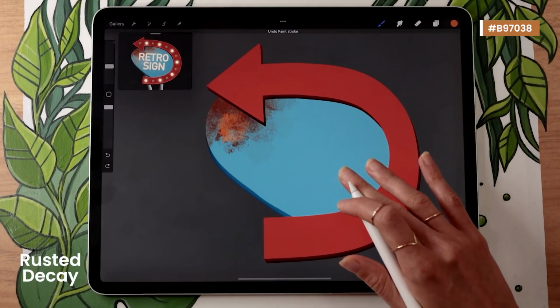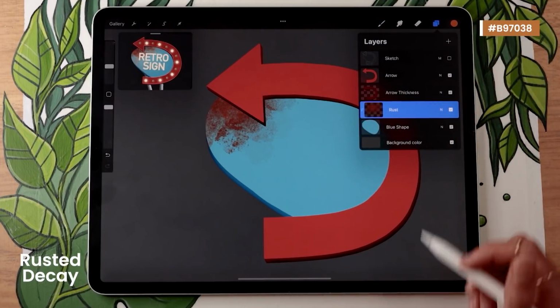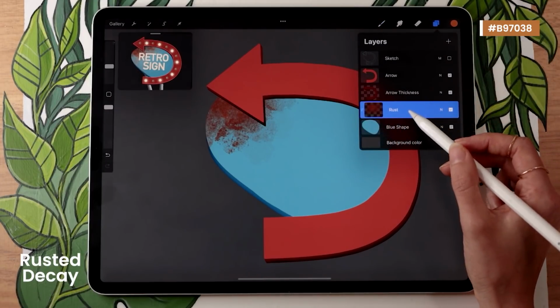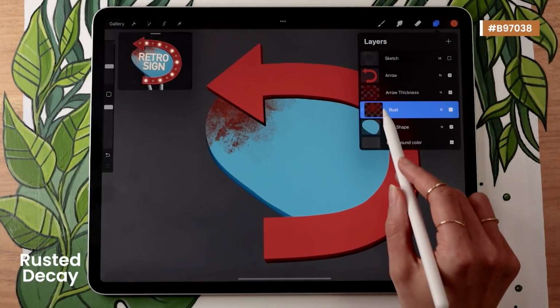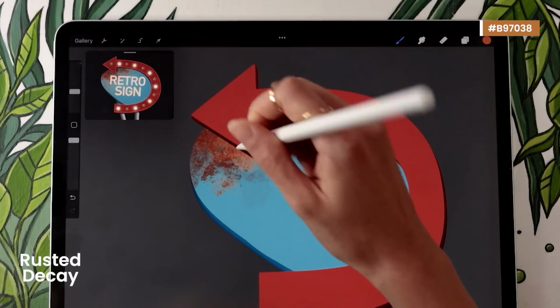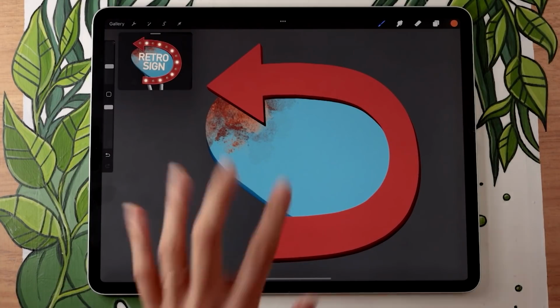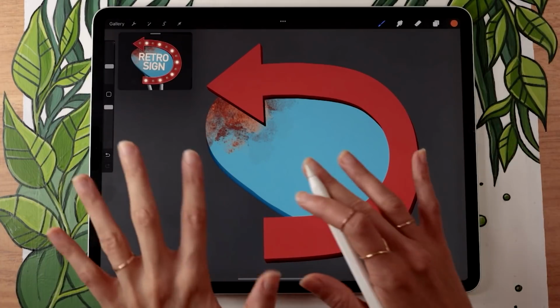So what I recommend doing instead is activating Alpha Lock on your rust layer, which if we remember means everything we draw on the rust layer because of Alpha Lock is going to stay within the rust shape that we already have. So that way we can stamp a bit of orange, but instead of layering and creating a big blob that is super massive, it's just going to add a bit more color variation within the rust that was already there.